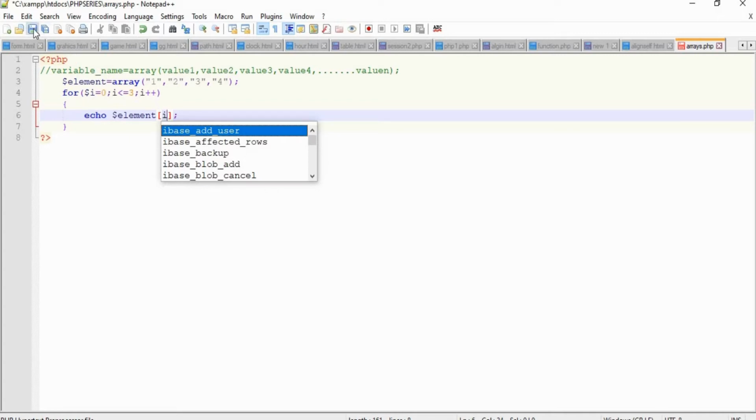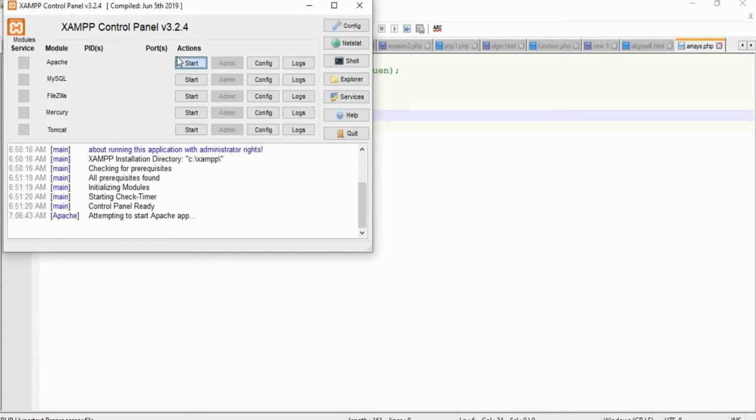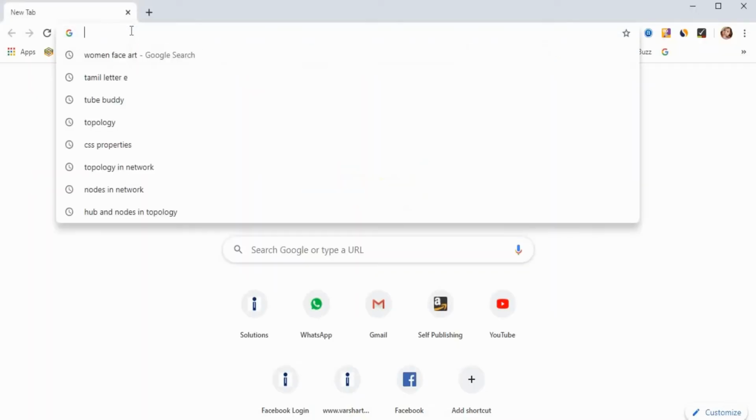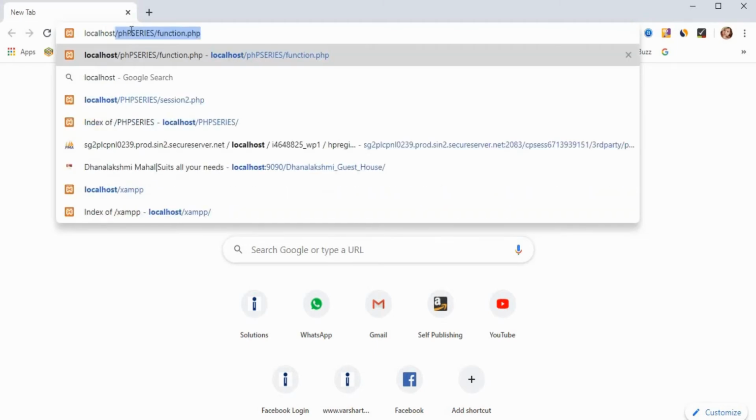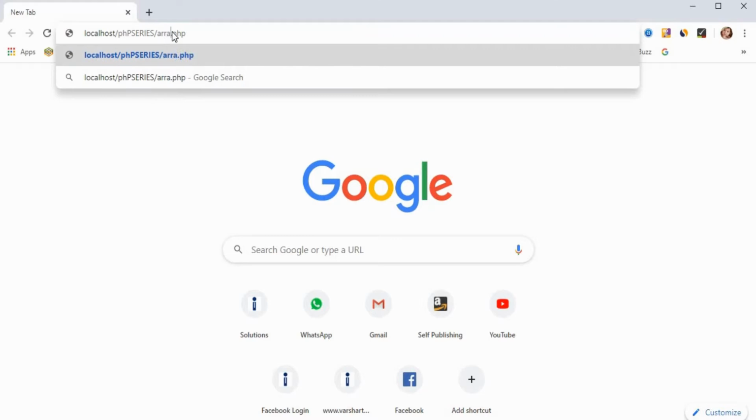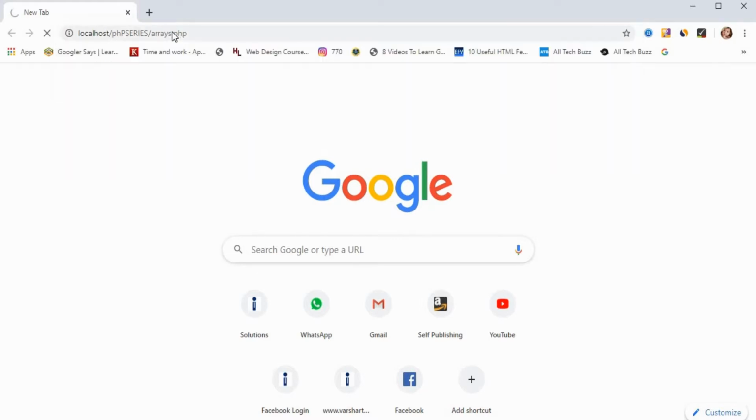So now save the program and we can run this program, right? Before running the program, start the servers Apache and MySQL. So now in the browser we can type localhost/php, cds is our folder and the file name is arrays, right?